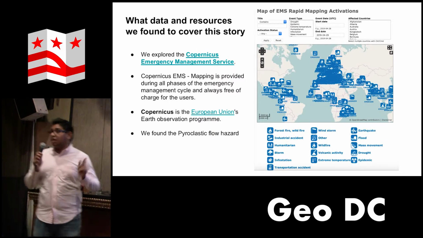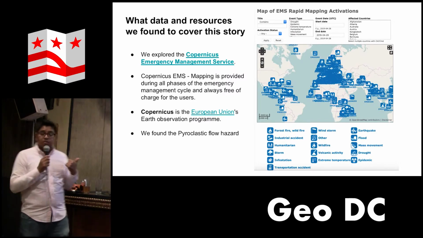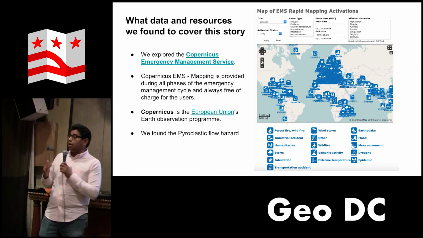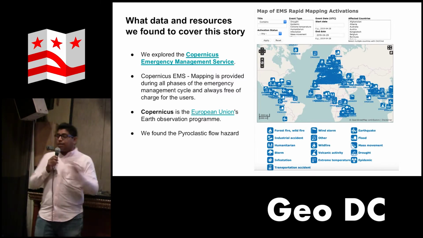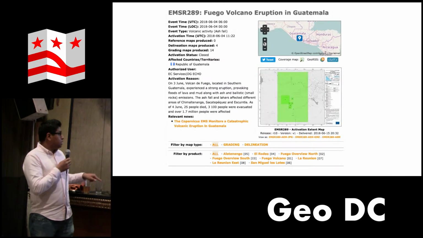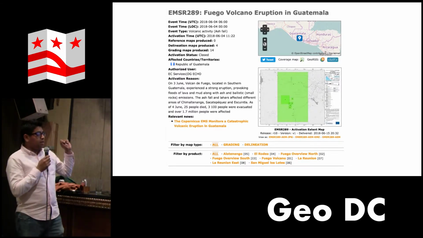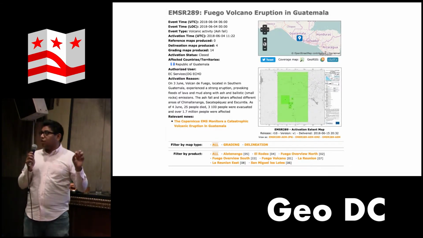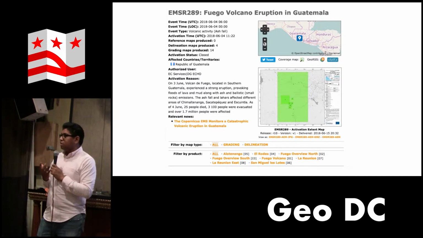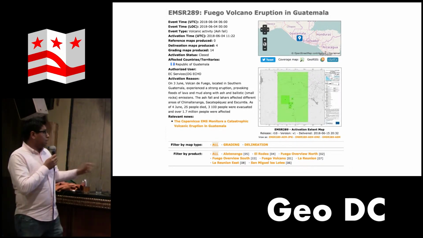So first we checked the Copernicus satellite. This is the European Union's Earth observation program, and they have the Emergency Management Service. So after every natural disaster, they start a web page. The next please. They put all the available information there. They take satellite photographs of the places. At that moment, they didn't have too much information because it was one day after, when we started to build the story. The next please.